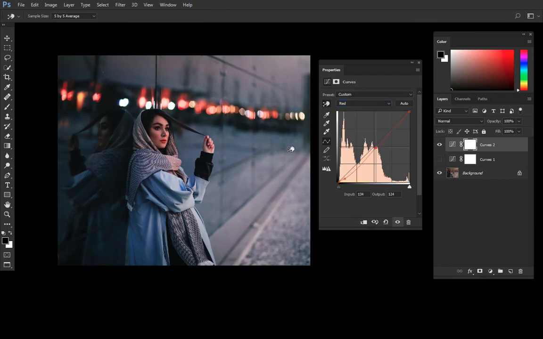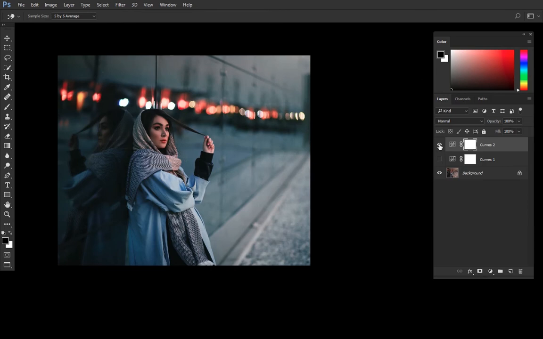I think there is too much cyan, so lift it up and you can adjust these points anytime. We will keep green as it is. This is the first color grade we did, and this is the second one we tried, something cooler look.